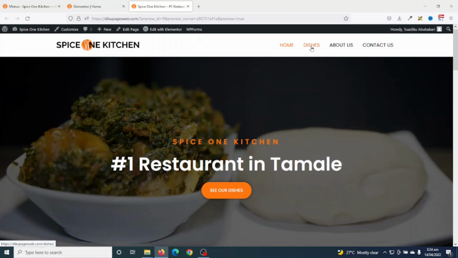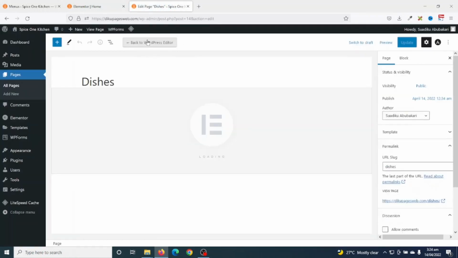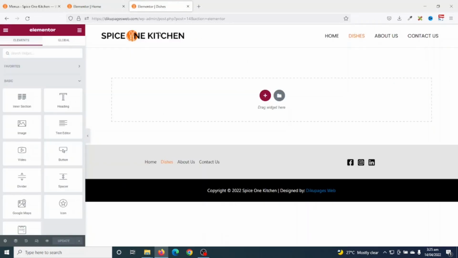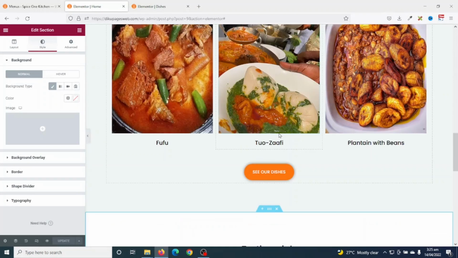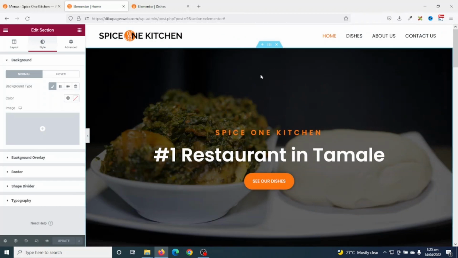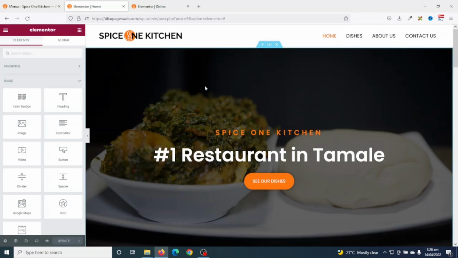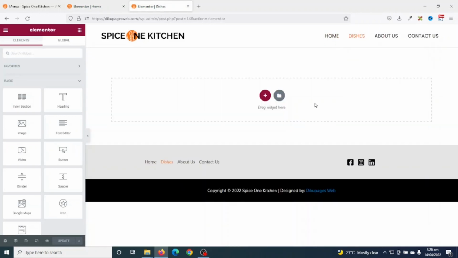So to do that, I click on dishes. Then I go ahead and edit my page. And we are going to go ahead and edit it with Elementor. Now inside the Elementor editor, I'll start by creating my banner section. Now if I don't want to create it from scratch, I can go back to my home page, which is still opened with Elementor. All what I need to do is copy the entire hero section here. To do that, I right click on edit section, I click on copy,